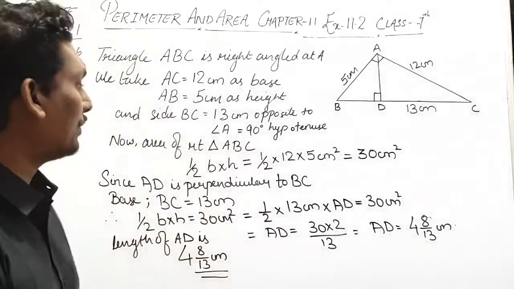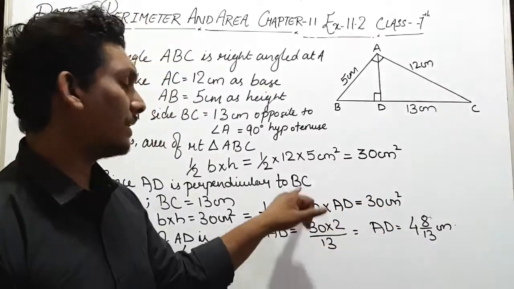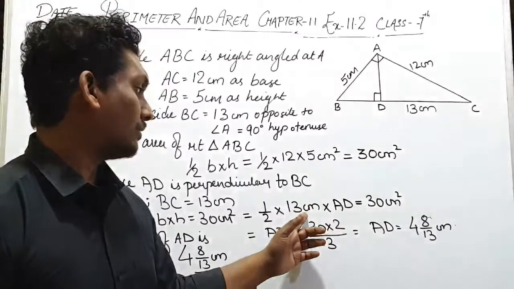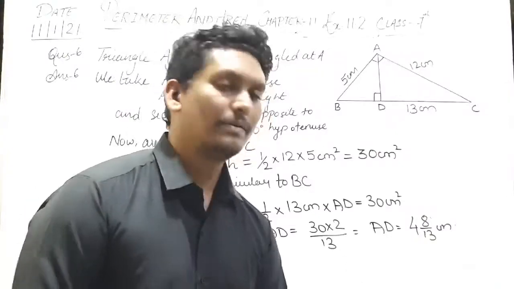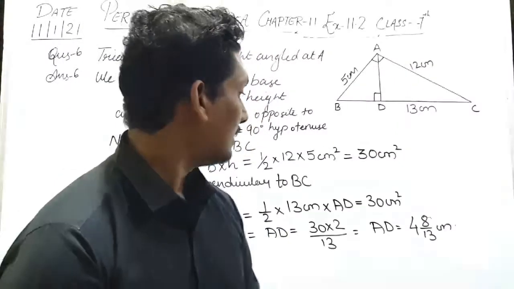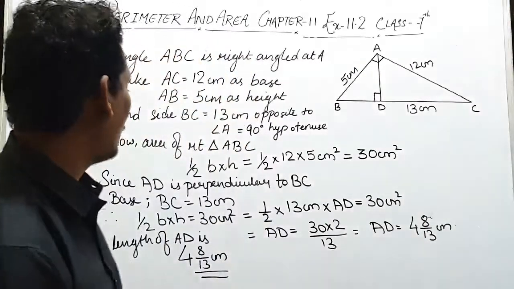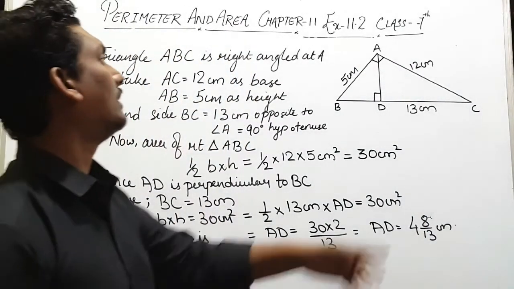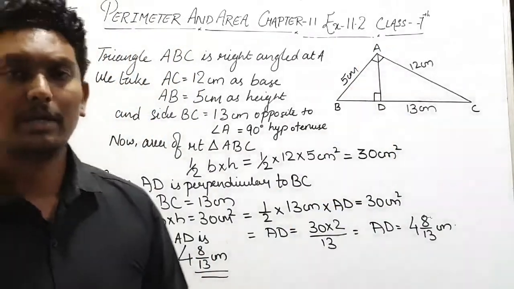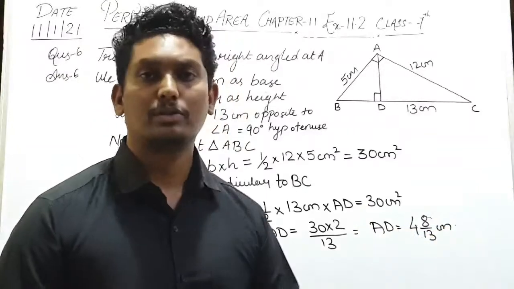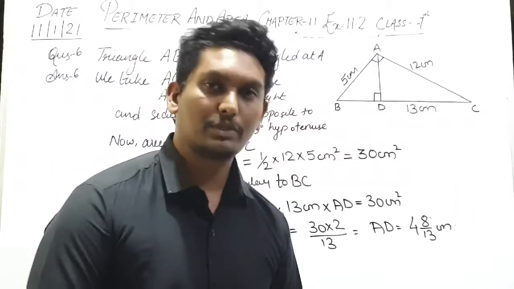As I told you in the previous video, just multiply this 2 with area and divide whatever it is given. So here base is given, divide by base. So you will get the answer in fraction, or you will get it in mixed number. Okay, there is no problem in that. So the corresponding height of AD is 8 by 13, or you can write it in decimal also, there is no problem. Okay, hope this question is clear to you. Just go through it.